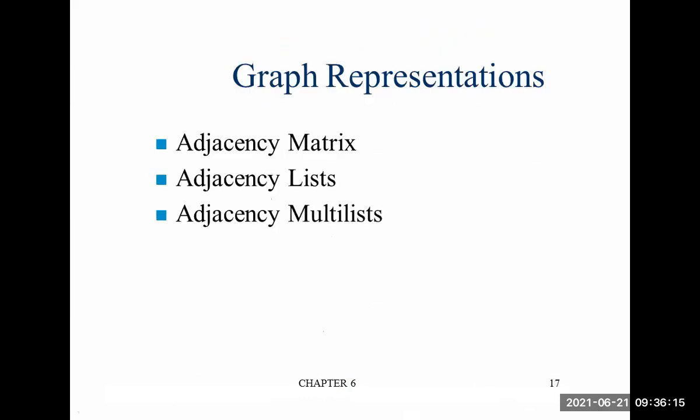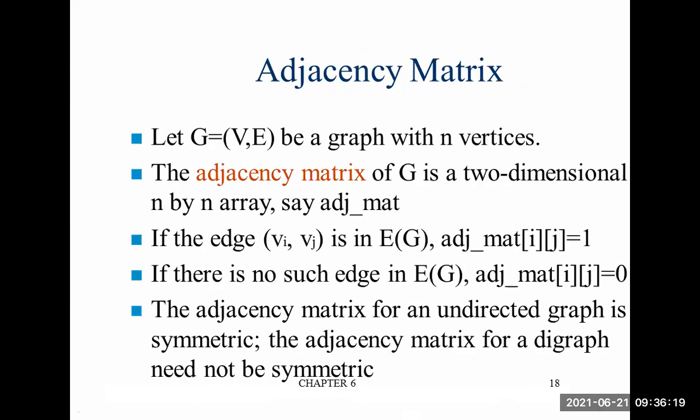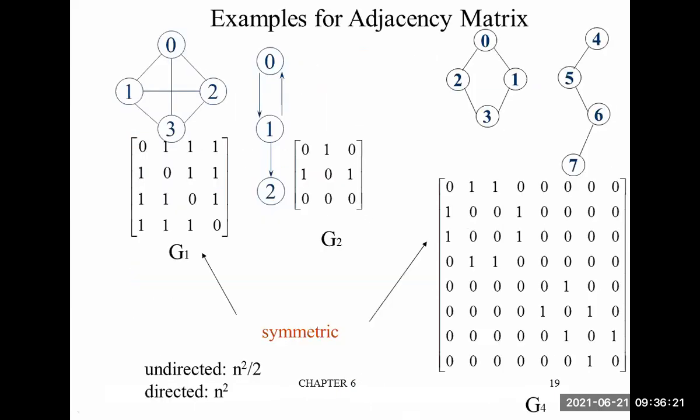So adjacency matrix, adjacency list, and adjacency multilist representation. So we here assets of the graph. So adjacency matrix how we represent. So here we have 0. This is one graph, and how we represent this graph, we have different vertices 0, 1, 2, 3 and 0, 1, 2, 3. 0 to 0, no path. 0 to 1 there is a path, and 0 to 3 path, 0 to 2 path, so represented.